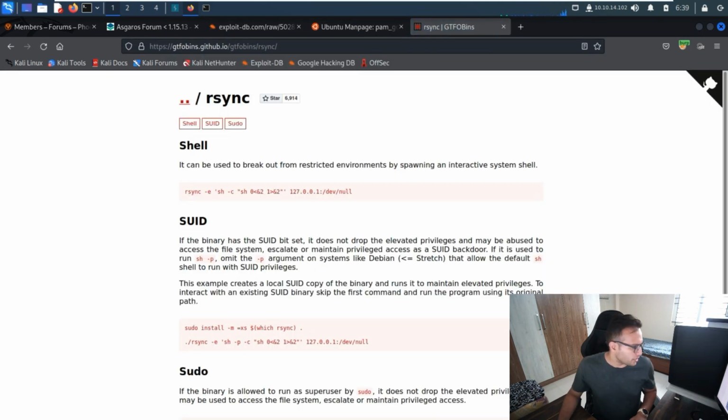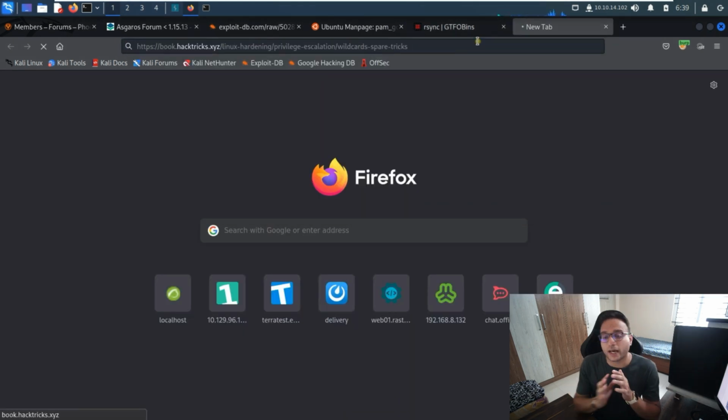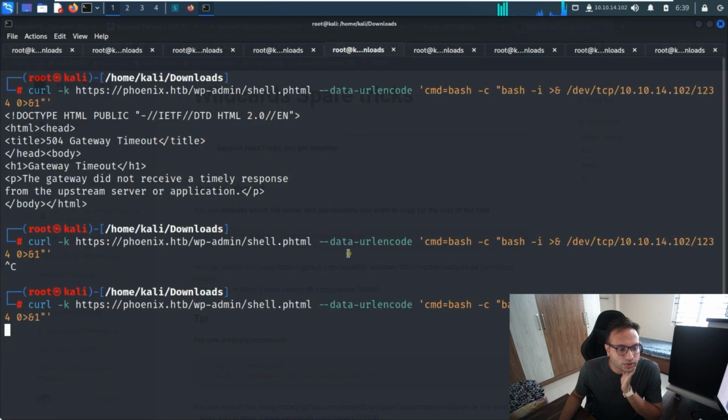So this is the first URL and this is the other URL. So what exactly is happening, I'll explain. There is a backup folder present over here. Once you go inside of the backup folder,